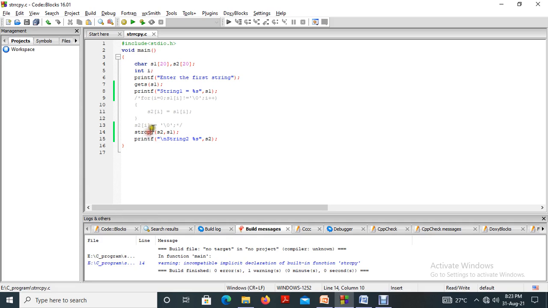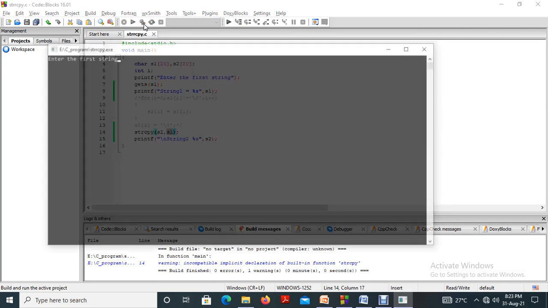Okay, so what is the meaning of this inbuilt function? These inbuilt functions are the functions developed by the compiler, in the sense the people who developed the compiler. They already wrote the program for strcpy. So what we are doing is, we are calling that function. So by calling the function, it automatically runs the program that is in the background. We don't want to worry about that program. And this function copies the content from source to the destination. The destination address is s2, source address is s1, and we are printing that value.